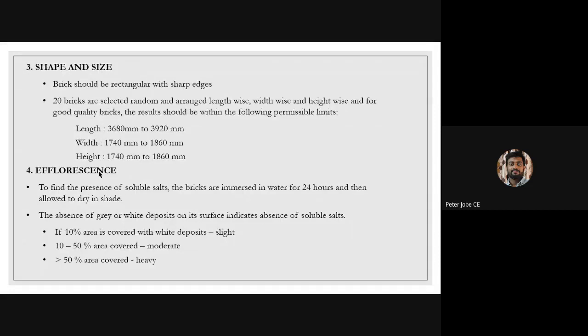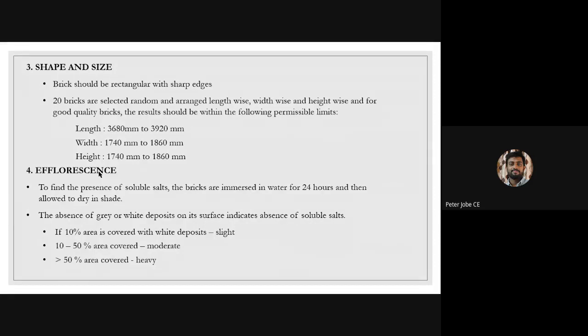From a group of bricks, we will take 20 bricks and arrange them in a lengthwise manner, and we will measure the total length of these 20 bricks, and the total length should be between 3,680 and 3,920 mm. And similarly, to find out the size or dimension widthwise,